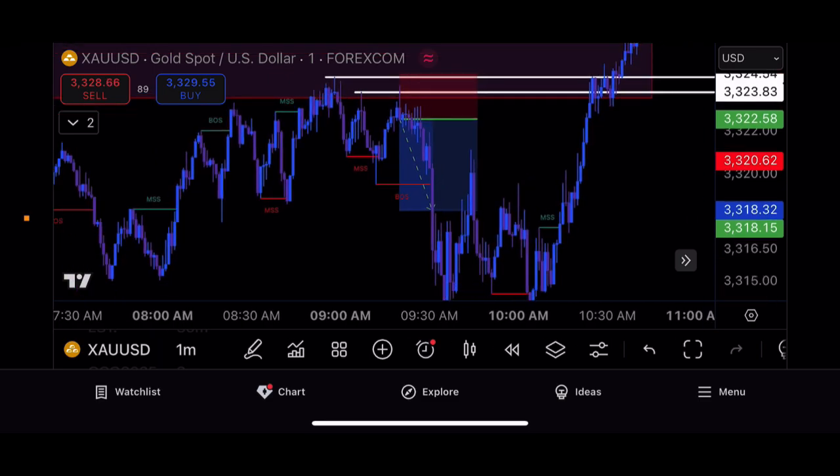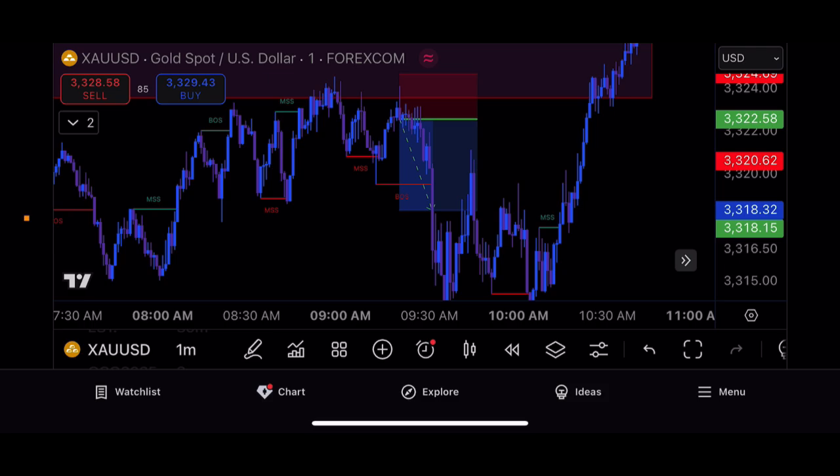All on gold. New York session starts at 8 a.m., ends at 4 p.m. or 5 p.m. EST. And then Tokyo session starts at 7 p.m., ends at 2 a.m. EST. But the momentum for Tokyo session comes in at 8 p.m. EST, and the momentum for New York session comes in at 9:30 a.m. EST, my time. So around those two times every day, you can find this setup